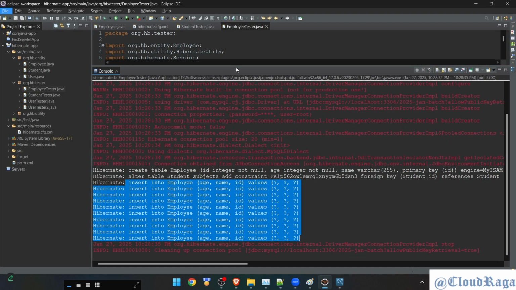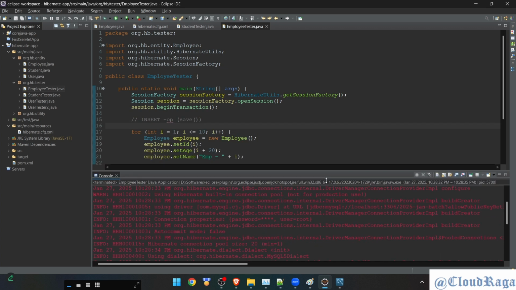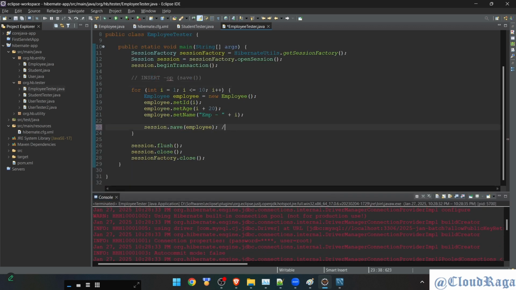Okay, so this is what save does. It performs one CRUD operation, that is create. It creates or inserts a record. Okay, great. What if I need to perform other operations? So I can do that easily by